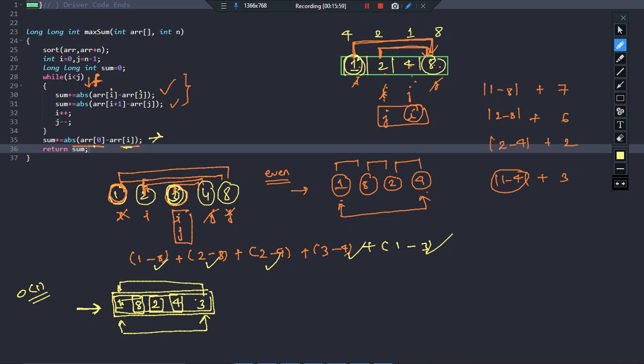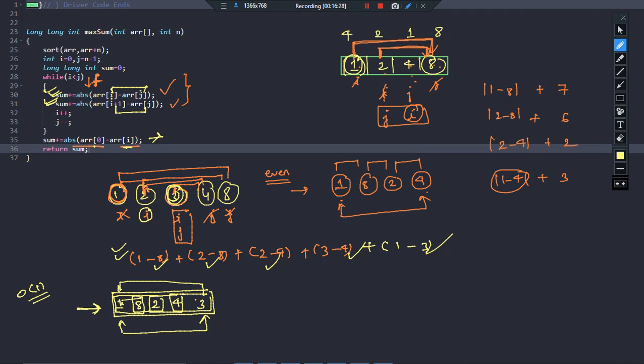Pointers in the sense, please remember that this is not the node pointer that we are talking about. I'm just giving it the name pointer because it is pointing to something. It is helping me to evaluate this particular problem. So pointer i and pointer j are basically helping me to solve this problem, right? And you can see that successfully our logic has worked fine. I hope you have understood why I am using this thing 2 times, 1 i with j and again i plus 1 with j.